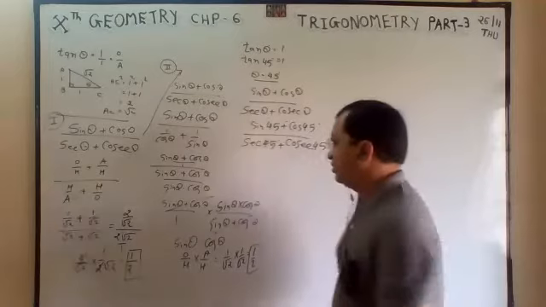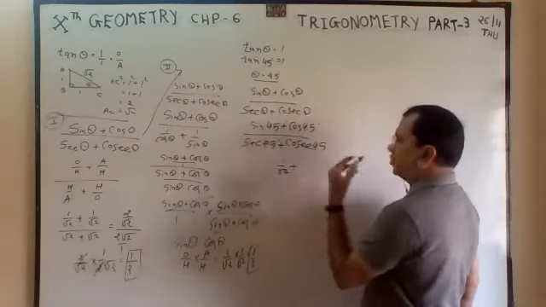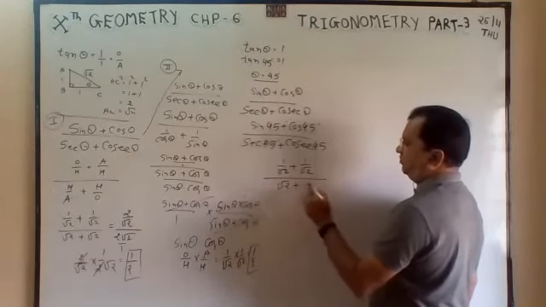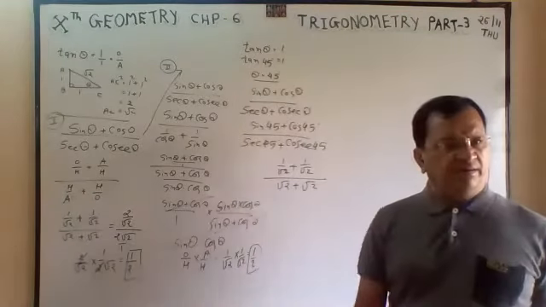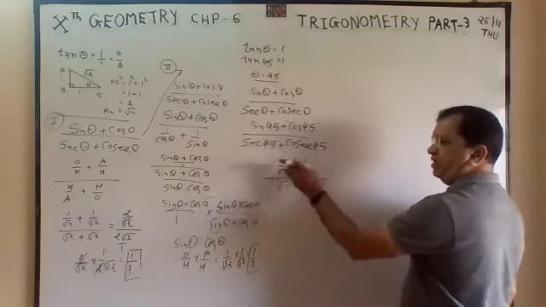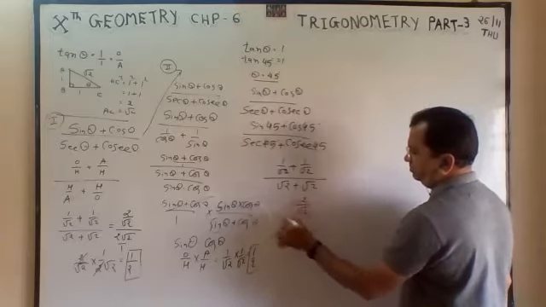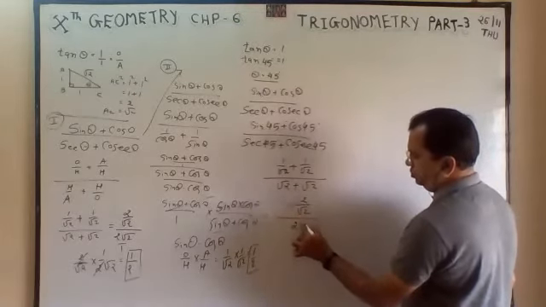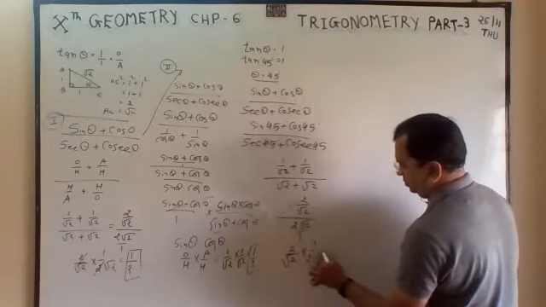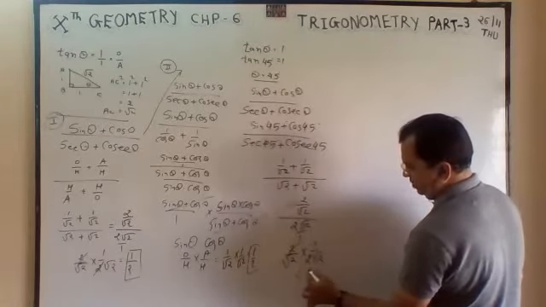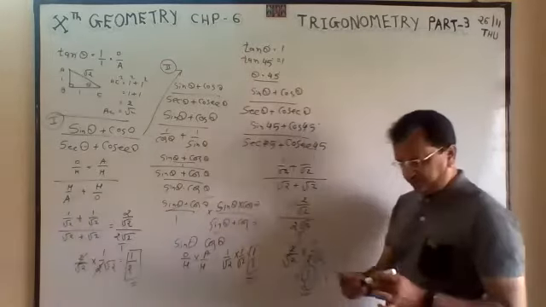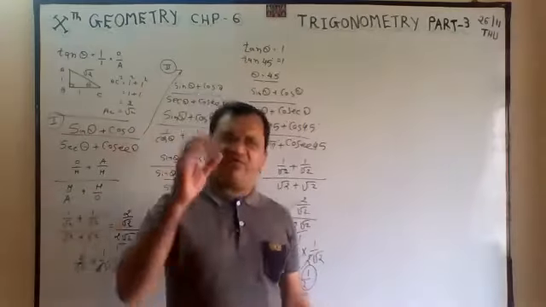Sin 45 is 1 by root 2. Cos 45 again 1 by root 2. Sec 45 is root 2. Cosec 45 also is root 2. By table information, root 2, root 2, or you can take 1 by root 2, 1 by root 2, 2 times 1 by root 2, divided by root 2 plus root 2, 2 root 2 by 1. Now invert: 2 root 2 into 1 by 2 root 2. The 2 cancels. 1 into 1, 1, root 2, root 2, 2. So this is method 1, 2, 3. Do any method, you will get full marks.